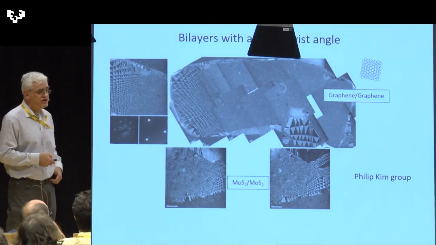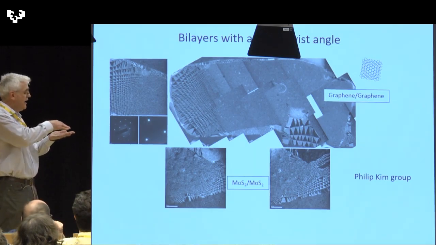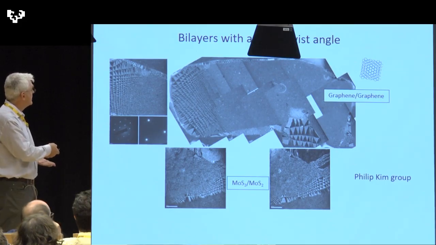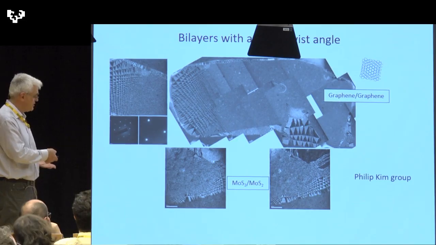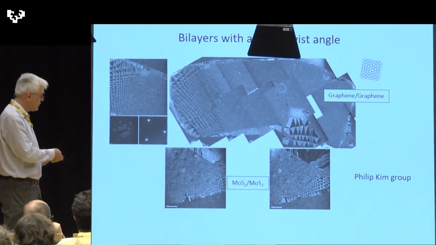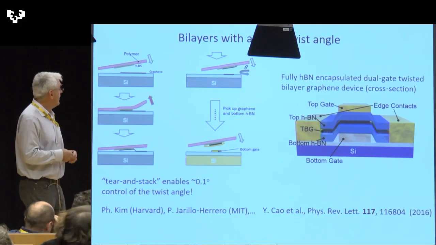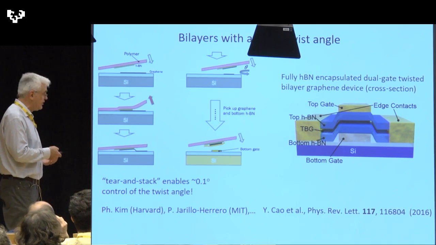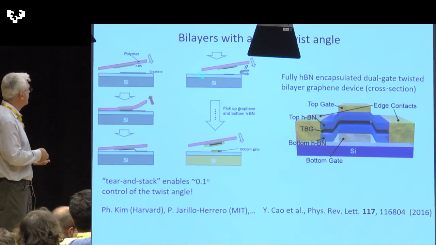What made these structures particularly interesting in the last few years is the ability to put one layer on top of another, but with a small twist angle. And here are some examples: graphene on graphene, molybdenum disulfide on molybdenum disulfide, also from Philip Kim's group. There's a very intriguing, ingenious technique that the experimentalists figured out to put one layer on top of another